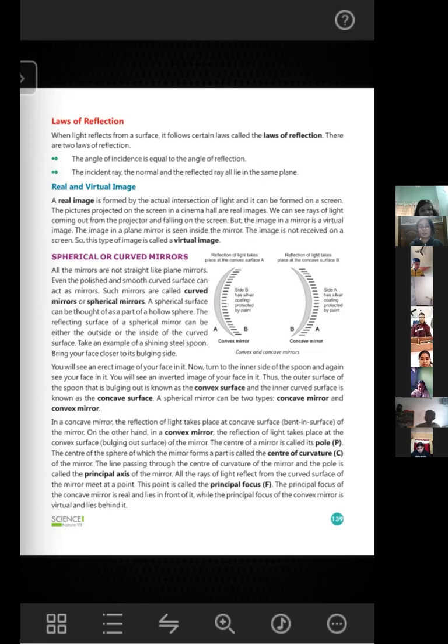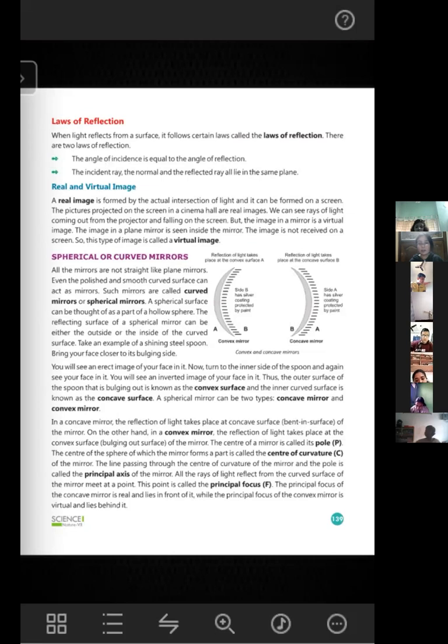So these images that you see in the cinema hall, or on the laptop screen, the computer screen, the mobile screen, these are all which type of image? What are these images? I have just told you it can be formed on a screen. On a screen, what type of image is formed? That is called a real image. Real image. And virtual image means the image that is formed behind the mirror.